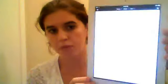I can pull up my Bible on here and use it, but you have to have internet to be able to use the Bible. Read. Like that. Is it going to work? Yeah, so you can read on there, and you can also take notes in that. I am going to use this, I think, for my notes, but if we don't have internet, then I obviously have to use my actual Bible,